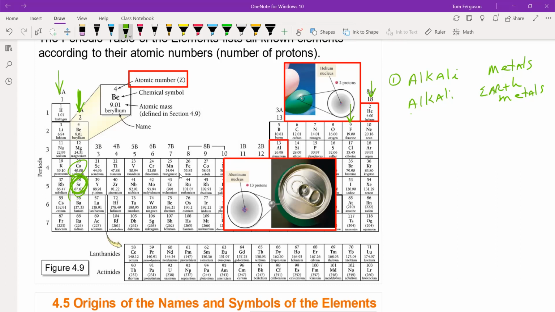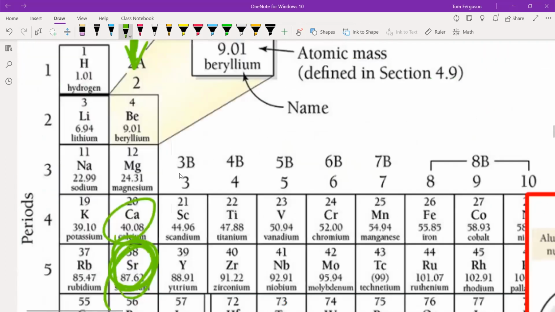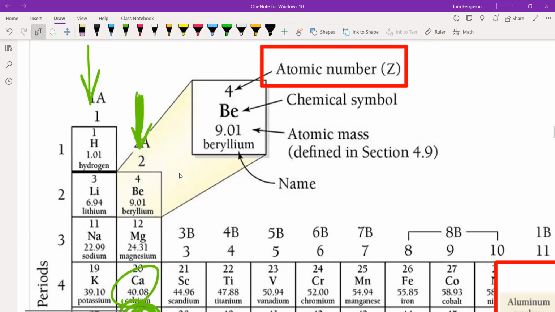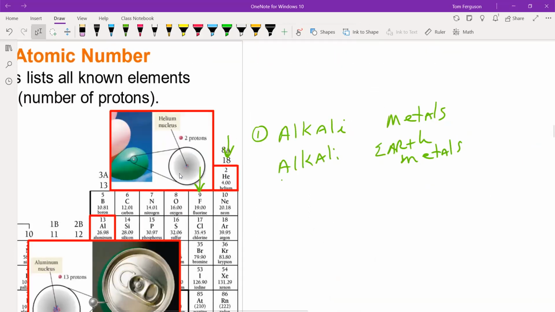It says 1A up there. You need to know group 1, alkali metals. The one next to it is called alkaline earth metals. They're very similar, but not the same. Then we jump over to the second from the last one, group 7, called halogens. And the last one, group 8, is called